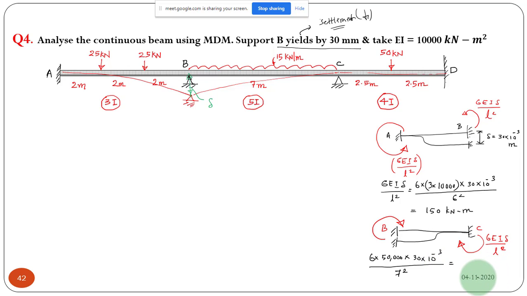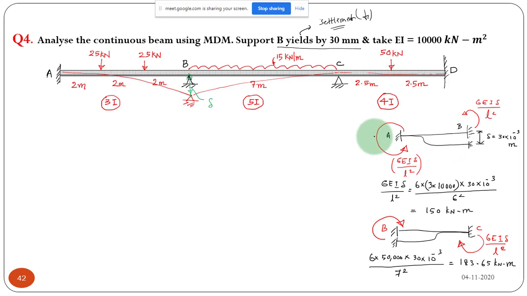So you can find out this value, and you will get 183.65. Two possible mistakes are usually made while doing this type of question. One mistake is that we miss the I value. We will take EI directly in this equation, 10,000. That is one mistake. The other mistake is that you may take the direction wrongly, then everything will be wrong.